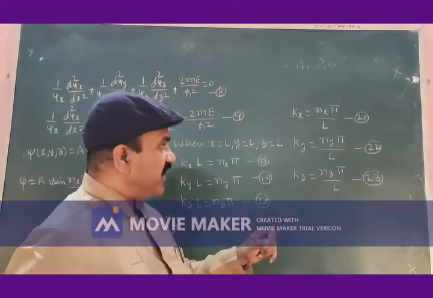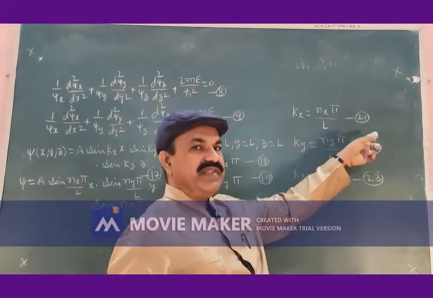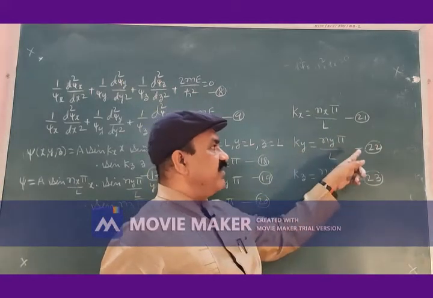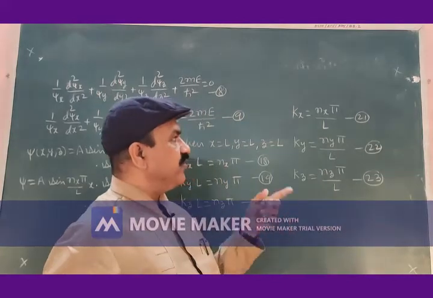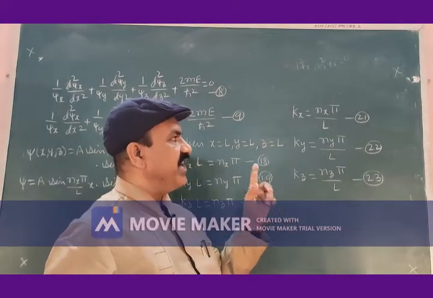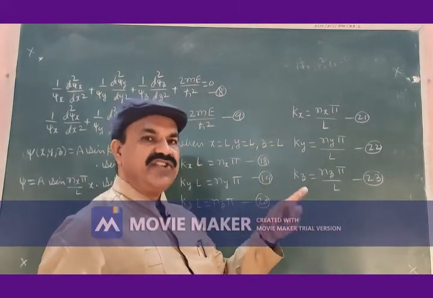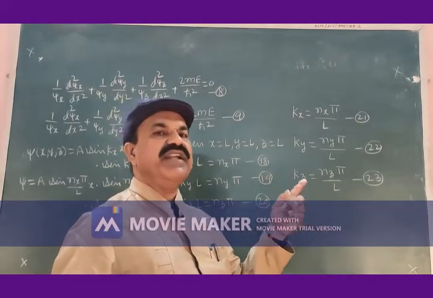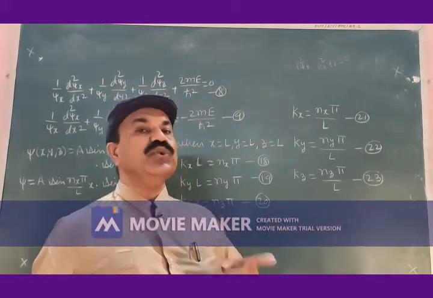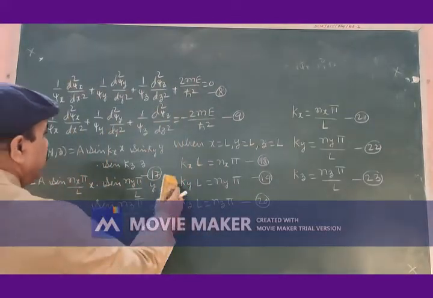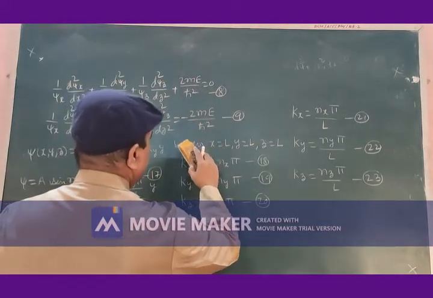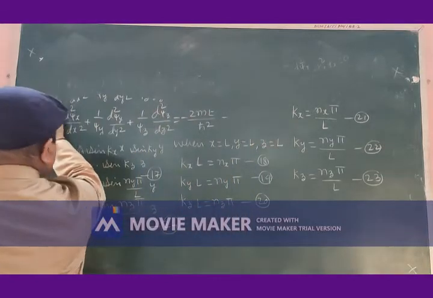In this equation, let us substitute values of kx from 21, ky from 22, kz from 23, so that we may further get